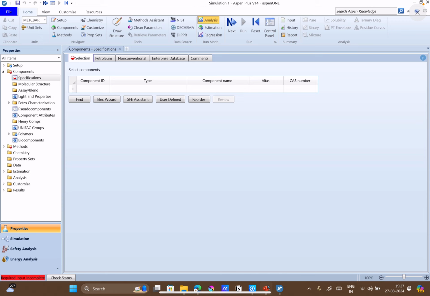NIST is the National Institute of Standards and Technology, which has a compilation of various data present in it. So let's say if I want to search, like we were looking at the thymol molecule, right? So thymol molecule, NIST data.